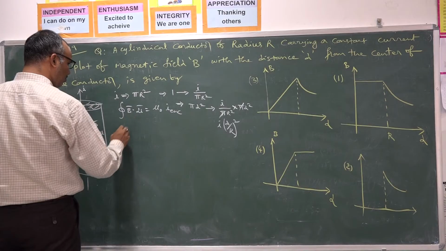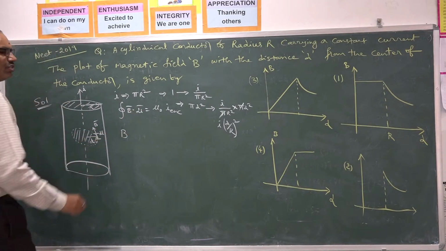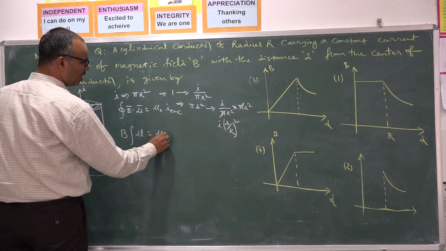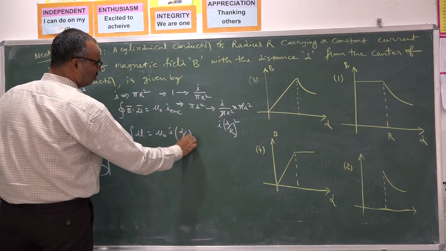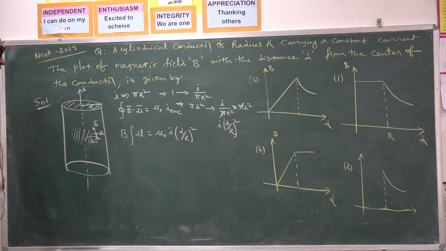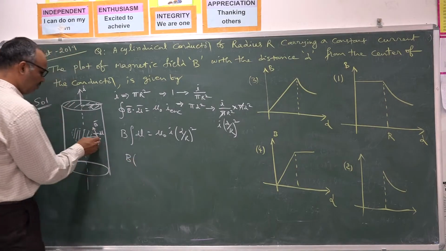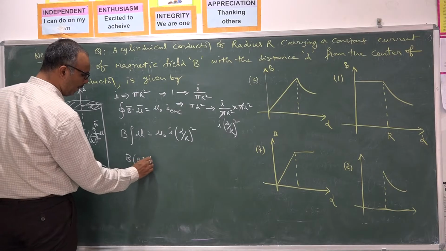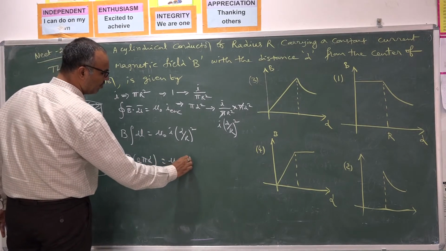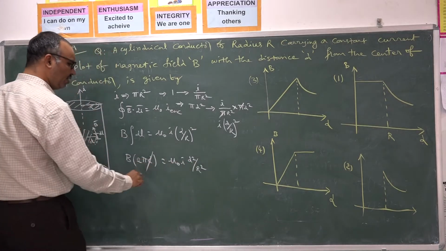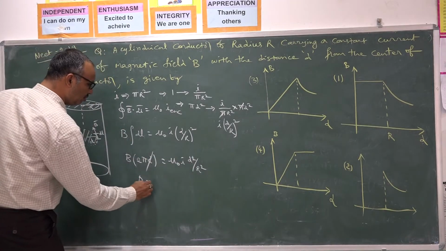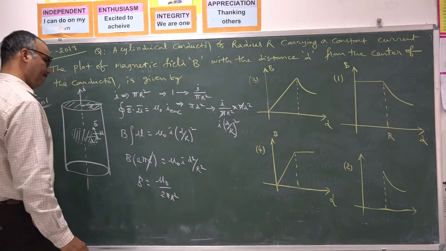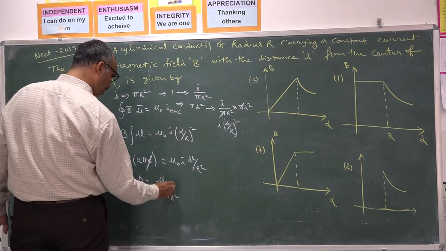So if I calculate integral B dot dl, B and dl are parallel to each other. B dl cos theta, cos 0 is 1. B integral dl is equal to mu naught times I enclosed, I into d by r whole square. Already we discussed this derivation, but once again I am telling you. Integral dl means if you add all the elements on the Amperian loop, you will get the circumference of the Amperian loop as 2 pi d. B times 2 pi d is equal to mu naught I d square by r square. d and d square gets cancelled. B is equal to mu naught by 2 pi R square, I into d.